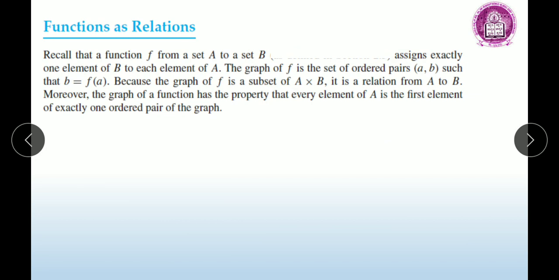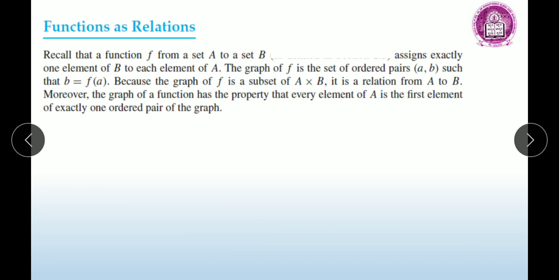Because the graph of f is a subset of A cross B, it is a relation, binary relation from A to B. Moreover, the graph of a function has a property that every element of A is the first element